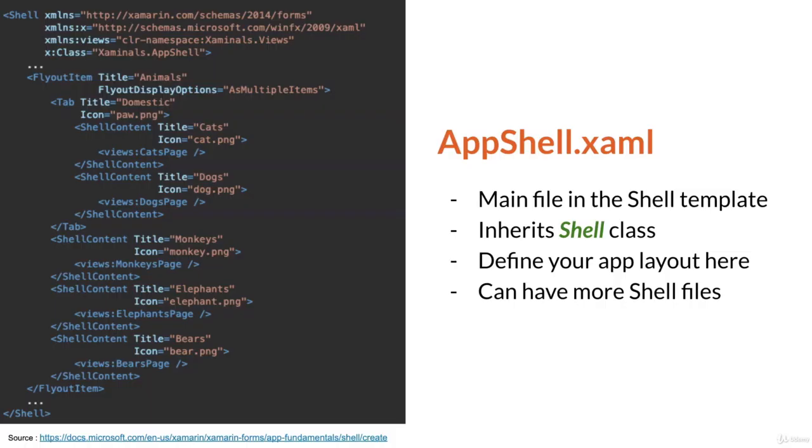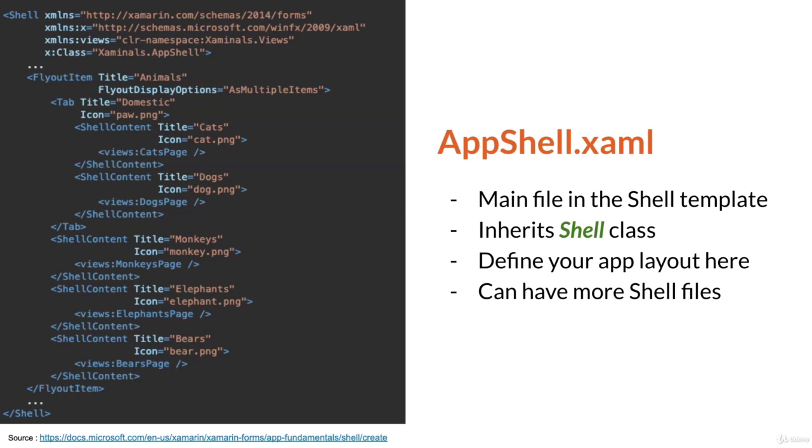Let me introduce you to the AppShell.xaml file. This is the central file in the Shell template. Why is this file important? Well, I'm glad you asked. This file lets you define your main app layout, side menus, tab bars, navigation routes, and optionally styles for all